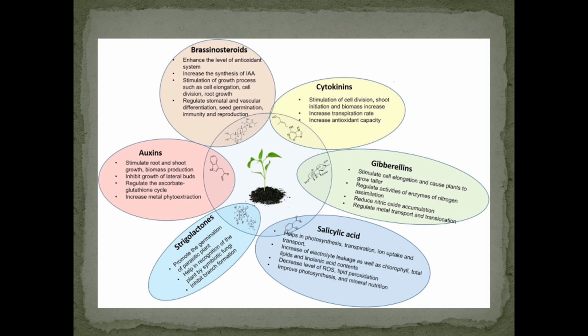Another cytokinin is zeatin, a naturally occurring cytokinin isolated from maize grains. It is known to be more active than other cytokinins. Some of the major functions of cytokinin: first, to promote cell division. This is one of the most important biological effects of kinetin on plants. To induce cell division, a sufficient amount of IAA, indole acetic acid, must be present. Second, it reduces apical dormancy. It promotes growth of lateral buds by breaking apical dormancy.